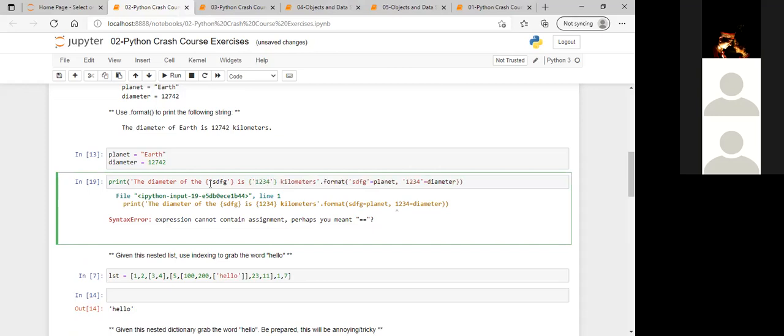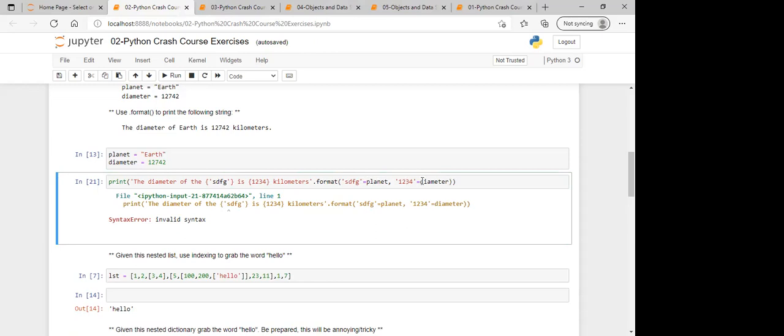So does the number have to be in the string? Can't the number just be the normal value without the quotes? Yeah, it should work. Now run this. There is some other error. What is the error? I think in the format he put 1, 2, 3, 4 under quotes. Just remove this. Write ONE1, TWO2. Instead of SDFG, you do ONE1.